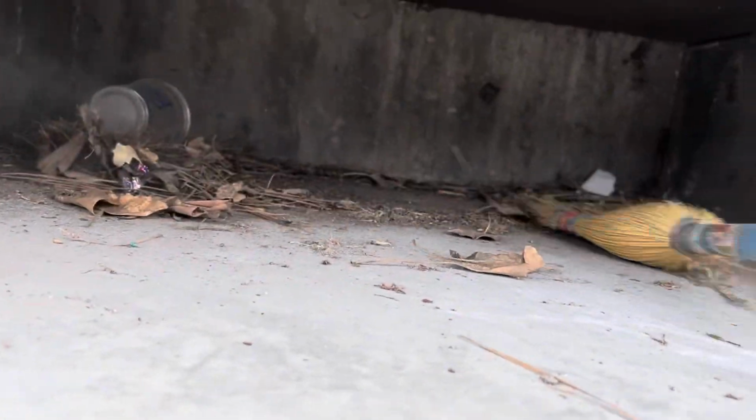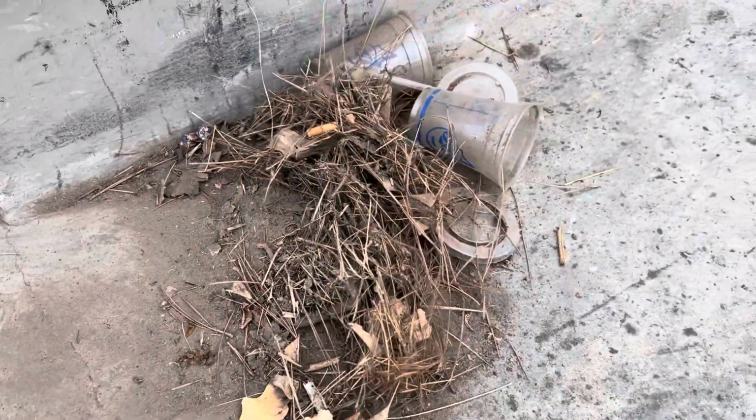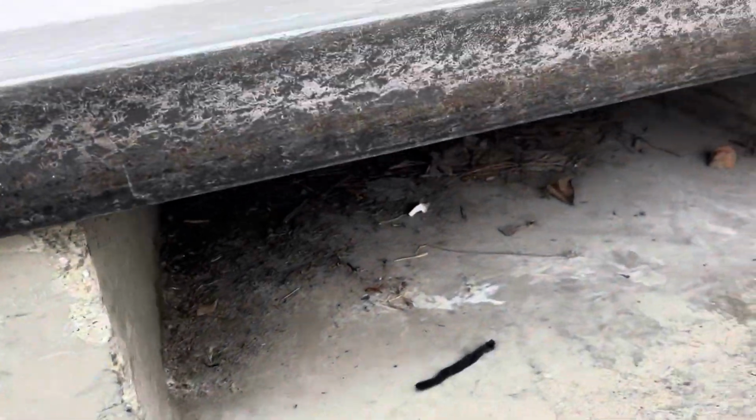This was probably the lightest one. Had some pine needles and leaves and plastic cups, stuff like that. But yeah, I wanted to get that swept out of there. This was the after. Little pile that I had there for that one. Moving over to the fourth one, there was a little bit more trash in this one. I noticed there was something heavy in there and it was taking a little bit more work to get it out of there,